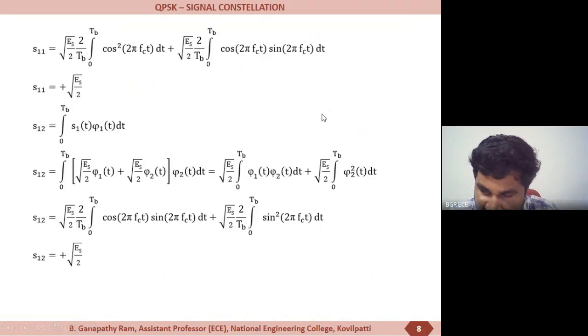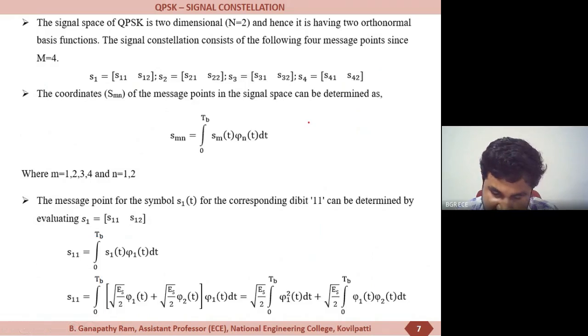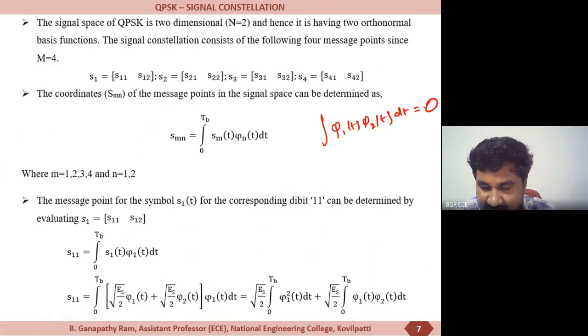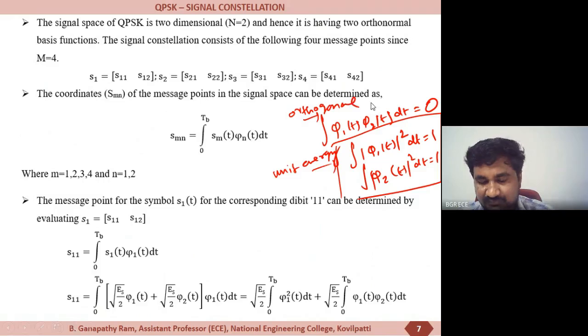if phi1 of t and phi2 of t are orthogonal to each other, then the integral of phi1 of t, phi2 of t dt will become 0, and the integral of phi1 squared of t, that is the energy of this, will be 1, and the energy of phi2 of t will also be equal to 1 joule. This is the unit energy constraint, and this is the orthogonal constraint. Hence,